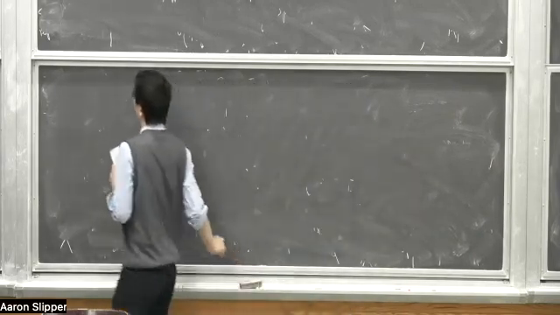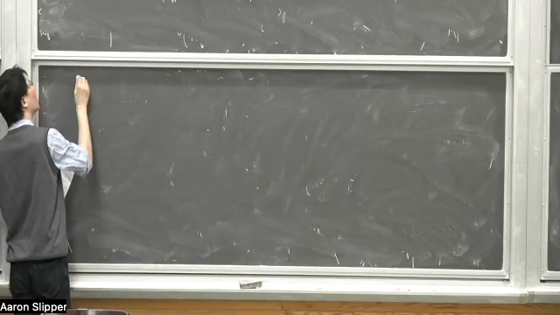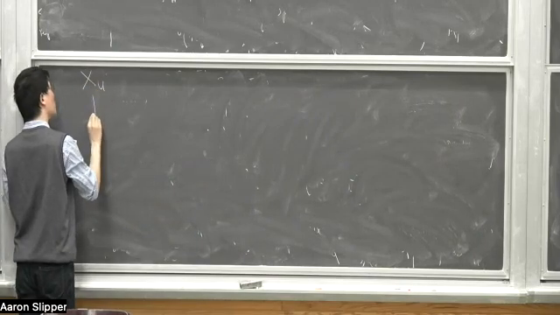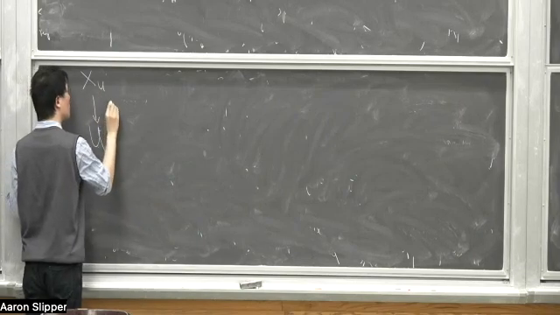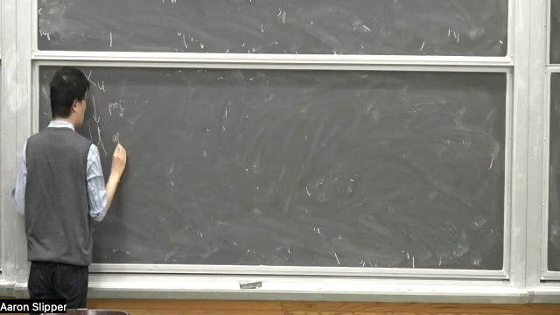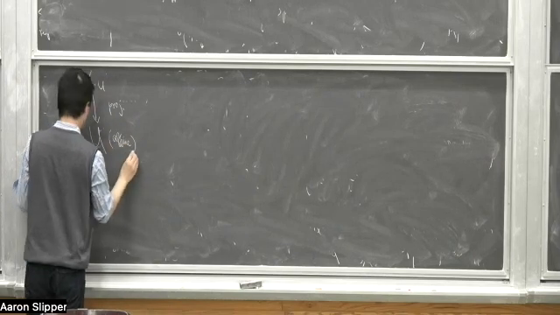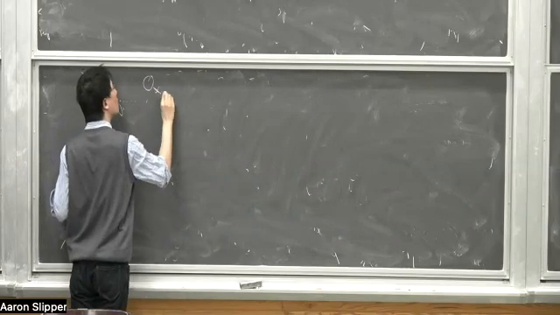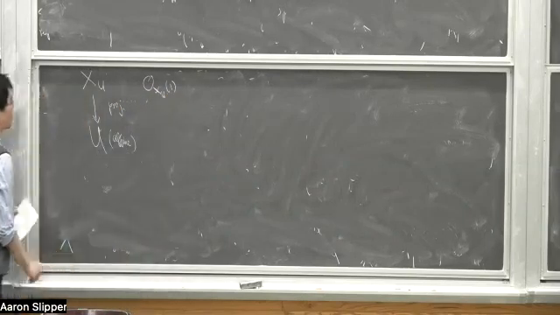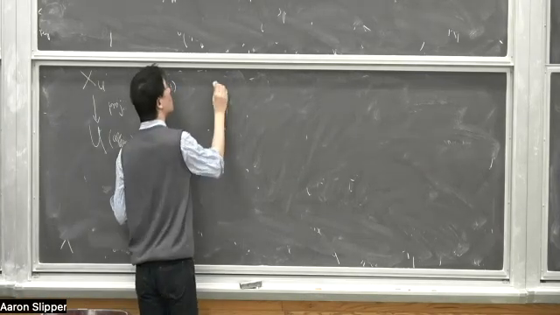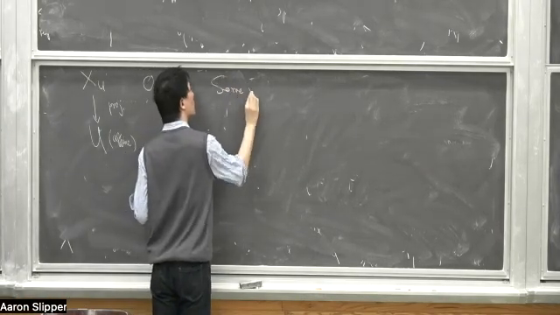So in general, suppose we have a projective model, and here let's assume U is affine, and we fix the relative ample line bundle. Then the vanishing theorem